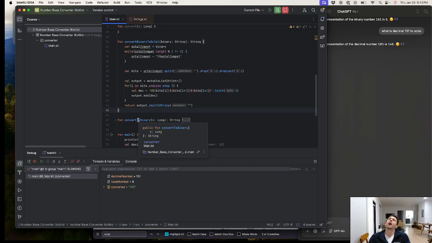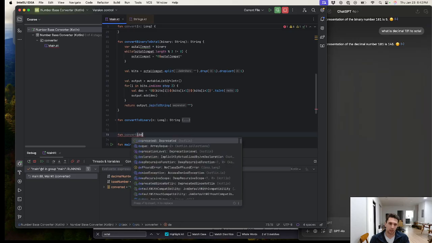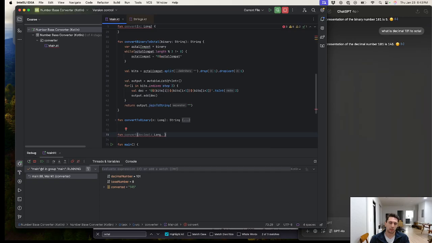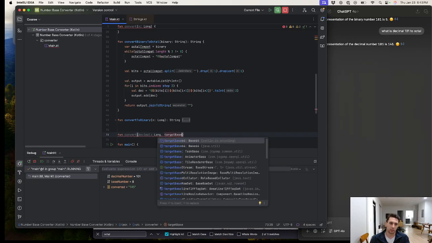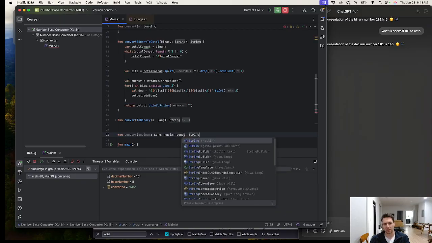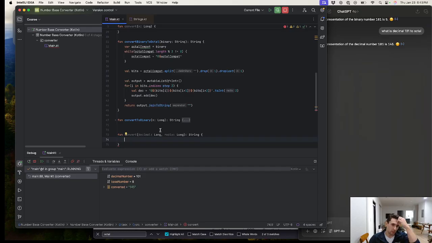Yesterday, I imagined a function that was just convert, and you would pass the decimal representation as long, and then the target base. In this case, we can call it radix, right? That's what we're doing. It sounds like we have a function here for that, but we'll build it ourselves. So this is what I imagined,